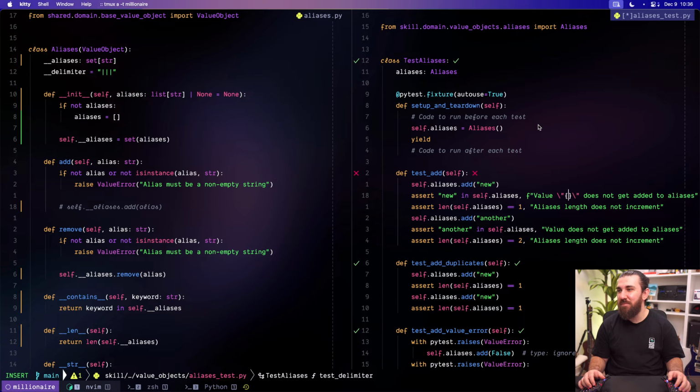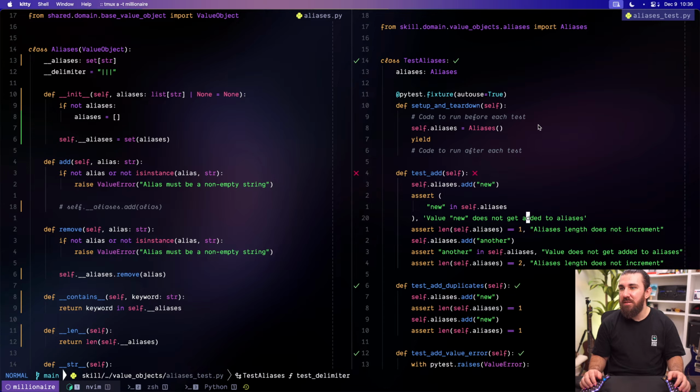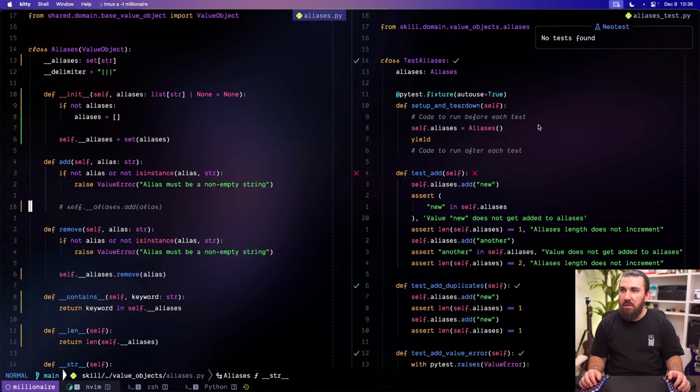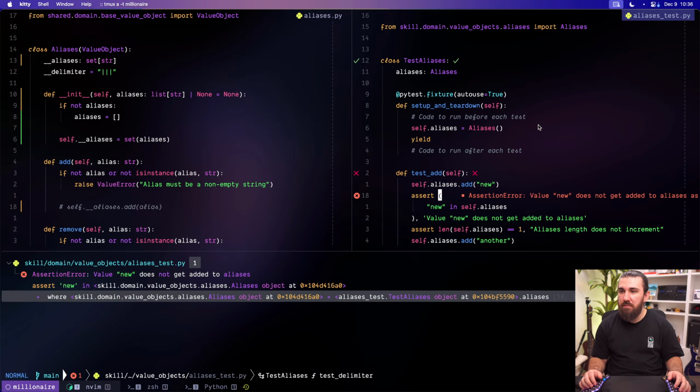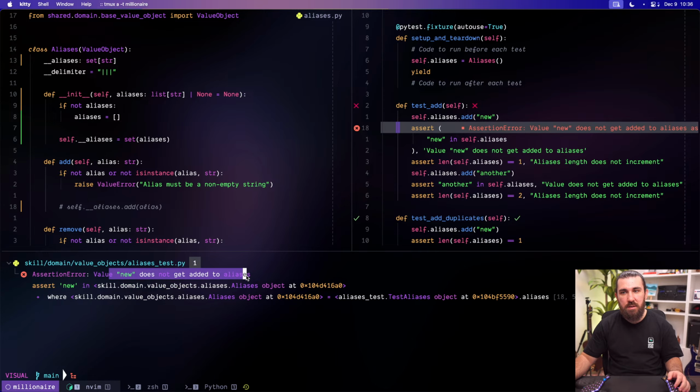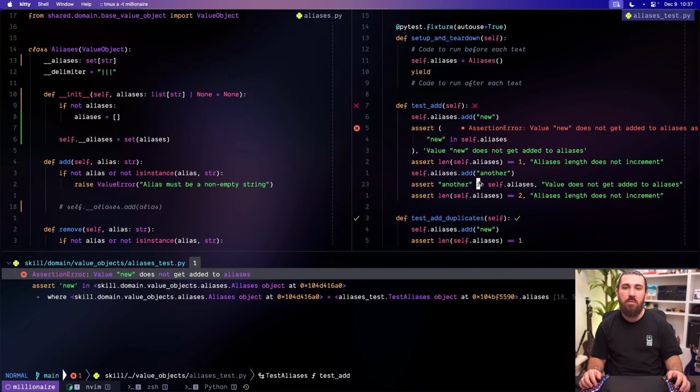Damn it, it's not a new. And we don't even need this. But yeah, if we were to add the dynamic values, we could have done that. Yeah. A value new does not get added to aliases. So that's how we can also provide